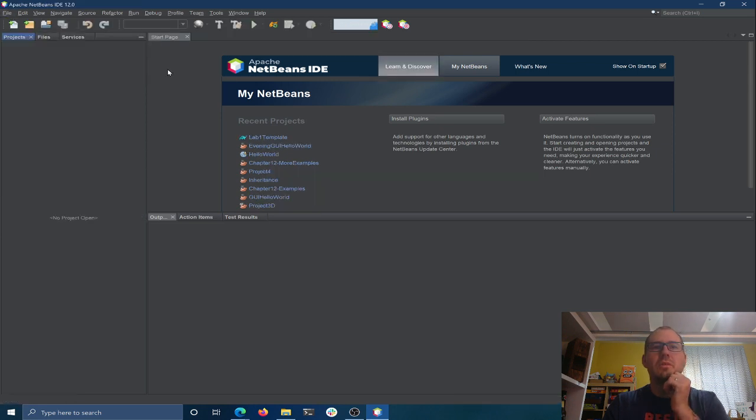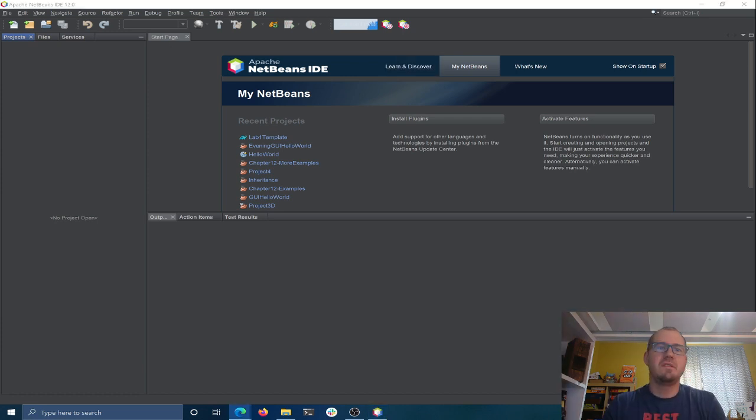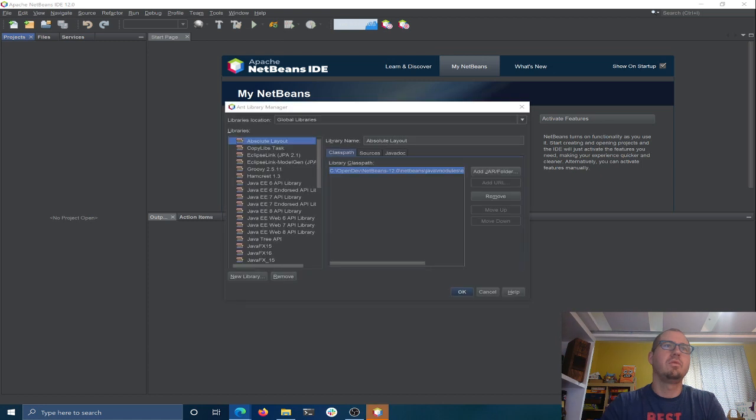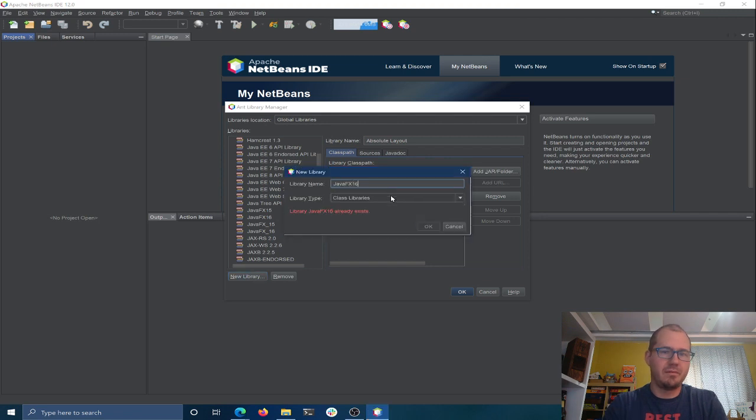So once we've done that, then we're going to want to come into NetBeans, and we're going to go to Tools and Libraries. So we're going to create a library here. So you go to Tools and Libraries. And what we need to do is add a new library. Now I've got these FX libraries here already, but we're going to need to create those libraries ourselves. Okay, so I'm going to say new library, and we'll call it Java FX, like the version number 16,